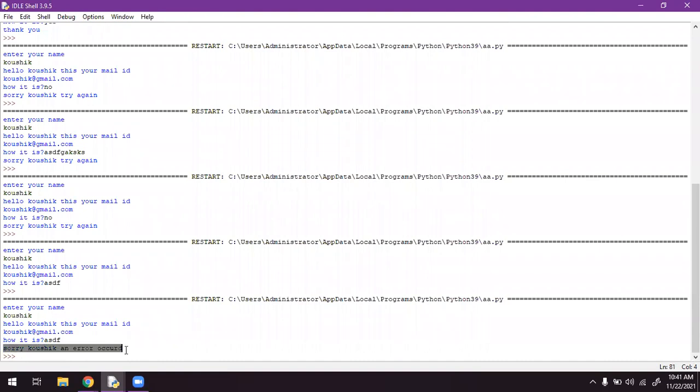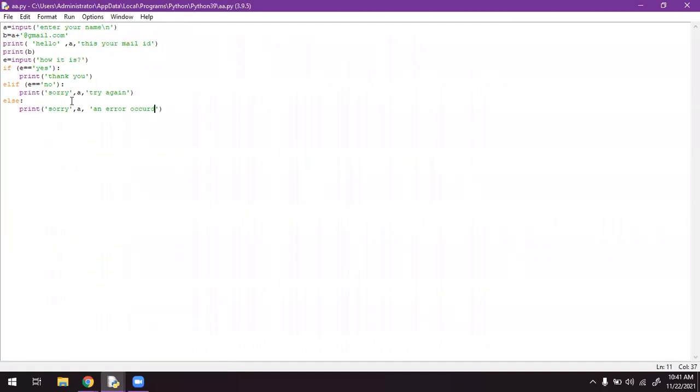Okay. So like this, we can use if statements. We clearly mentioned the condition for yes here, and we clearly mentioned the condition for no, and we clearly mentioned if anything goes wrong, if the user didn't type yes or no. If the user types other than yes or no, we will get this statement: print sorry Kaushik, an error occurred.